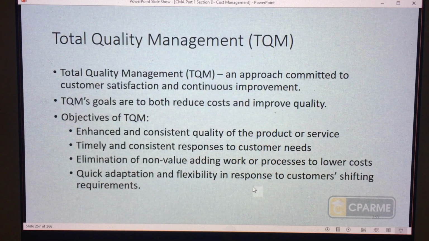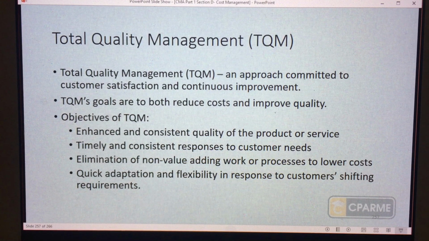TQM is an approach committed, at its core, to customer satisfaction and continuous improvement. Ang gustong mangyari ng TQM is a reduction of cost and improvement of quality. And so we want to enhance and provide goods and services that are of consistent quality. So we want these services and these products to be timely and consistent responses doon sa wants and needs of